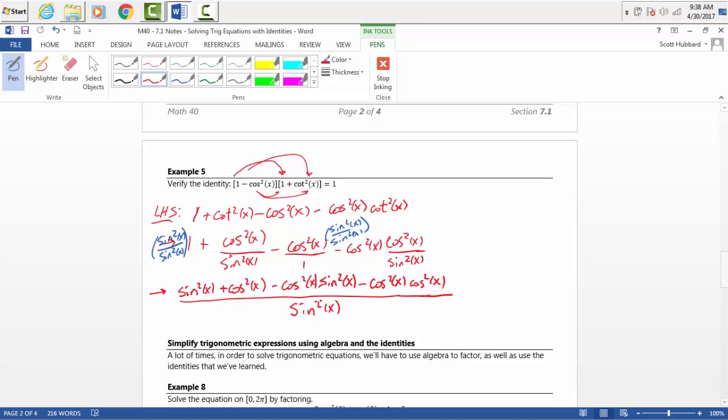All right. So the cool thing is that this thing right here is equal to 1. That's the Pythagorean identity. So sine squared plus cosine squared is equal to 1. And so what I have now is 1 minus